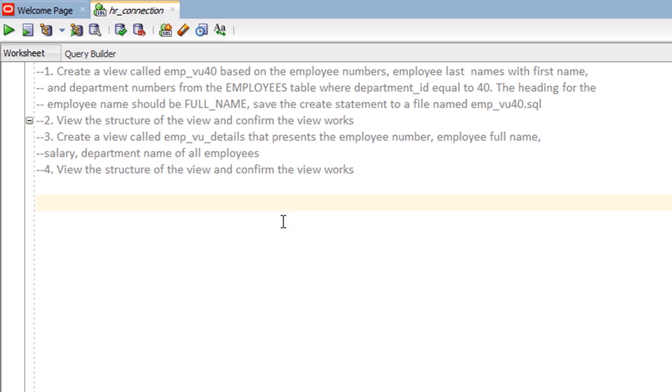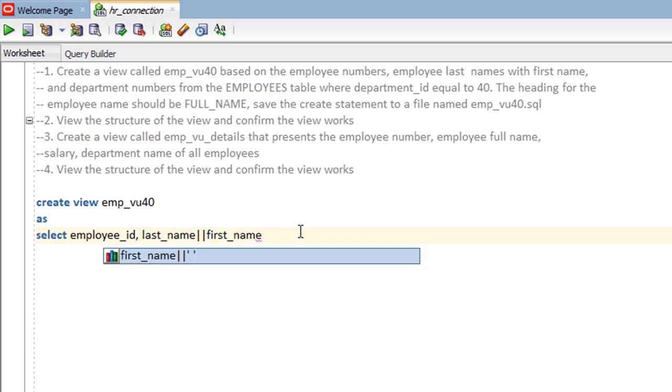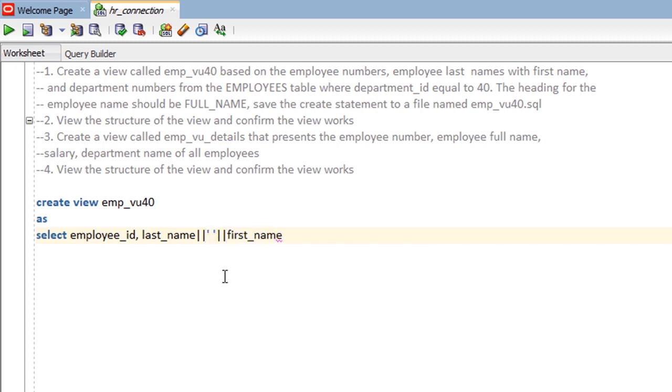So here we want to create a view. Create view. Name of the view is emp_view_40. As the view is representing the employee number, select employee_id. The last names with first name, so we can concatenate the last name with first name. We can concatenate the last name first with space and then concatenate with first name to get the full name